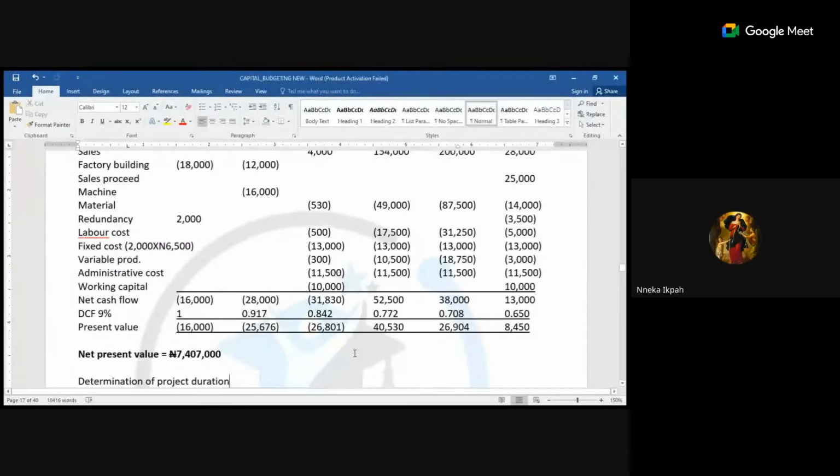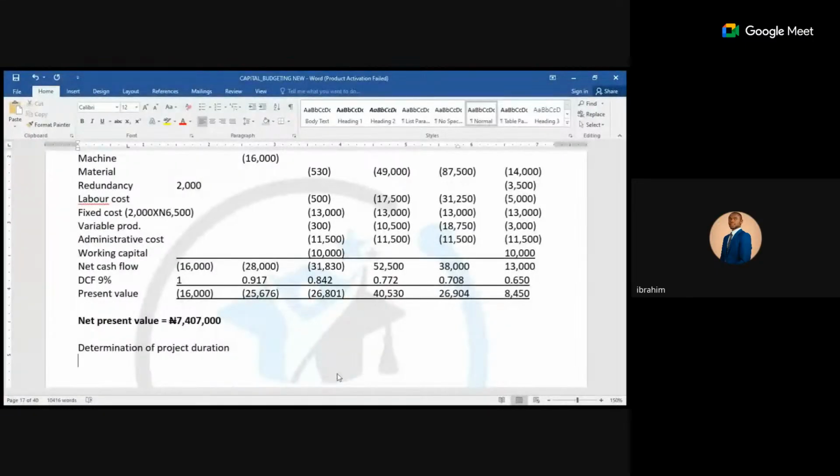Okay. Guy Ibrahim, you are correct to some extent, because that is what we do under bond valuation. Is that not so? But now, this is a project, not a bond. Class, what you use to discount it is your DCF. You already have your present value already. Is that not so? So that is what you will use to discount.